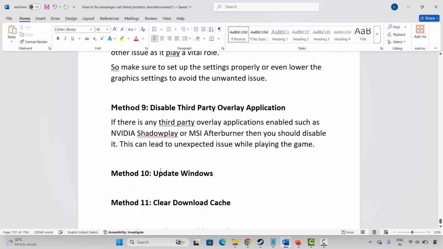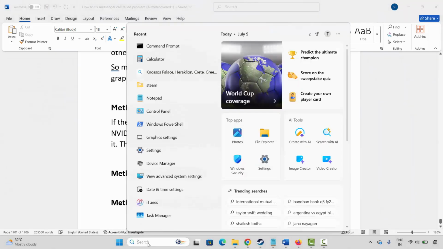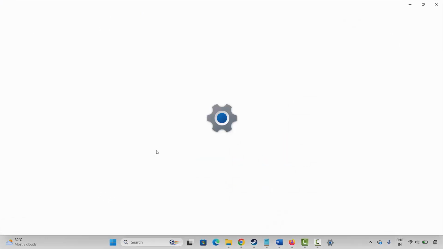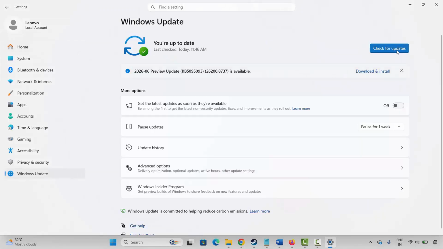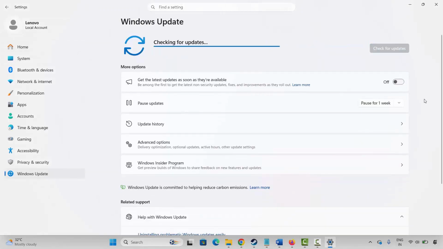Next is to update Windows. Make sure Windows is up to date. For that, go to the search option and search for settings. After that, click on the Windows Update option, then click on check for updates. It will check if there is any update available. Wait for some time, and once your Windows is up to date, try to launch the game and check